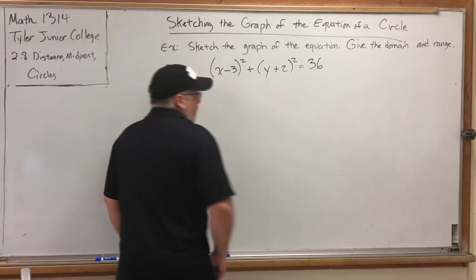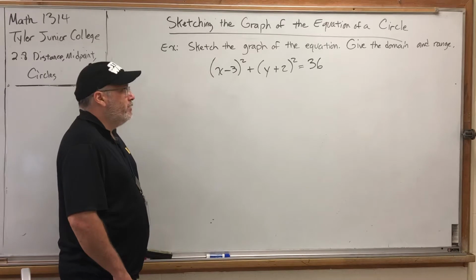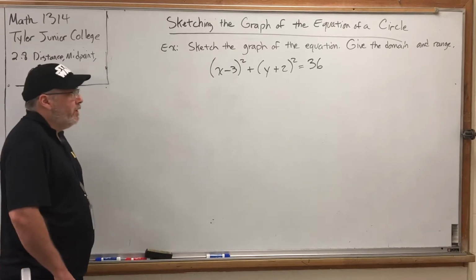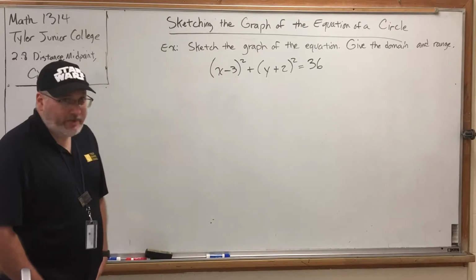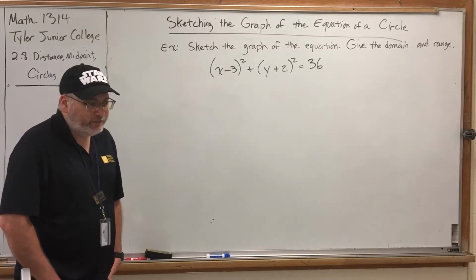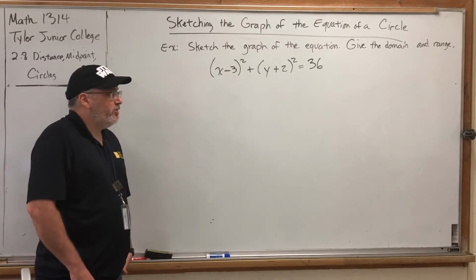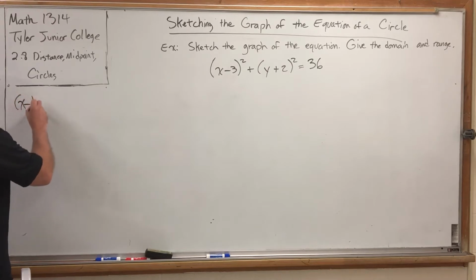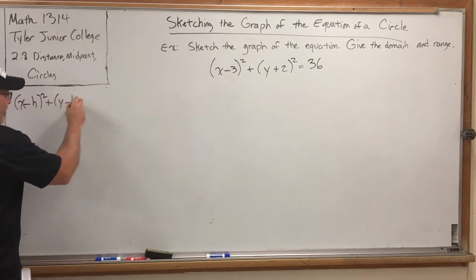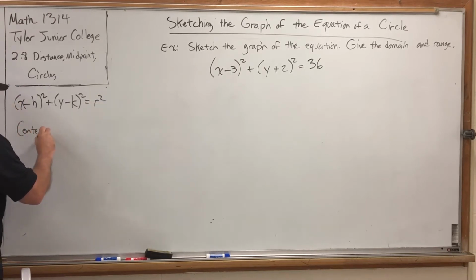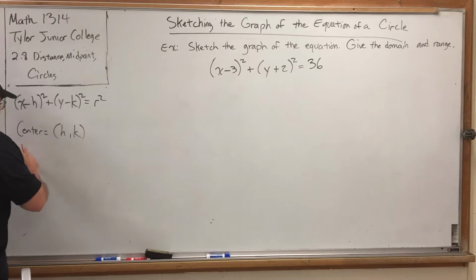Interesting. The equation is (x minus 3) squared plus (y plus 2) squared equals 36. Well, if we're going to draw a circle, we need to know a couple of things. Where is its center? What is its radius? Recall the equation of the circle: (x minus h) squared plus (y minus k) squared equals r squared. The center is h comma k. The radius